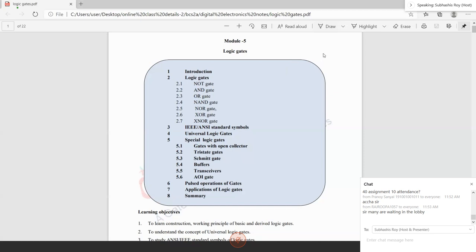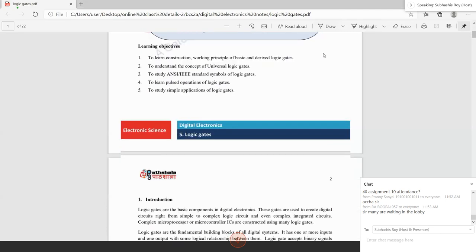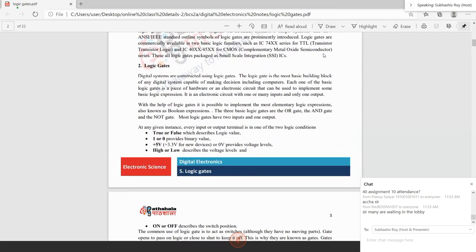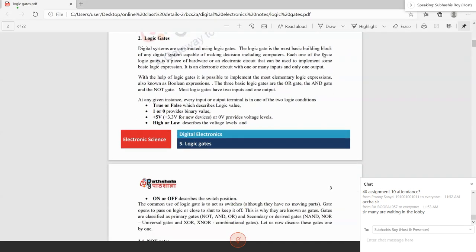So today I will give you a brief of logic gates. We already know what logic gates are. First of all, in digital electronics, the building blocks of digital systems are logic gates. If I ask what are the building blocks of an analog system,